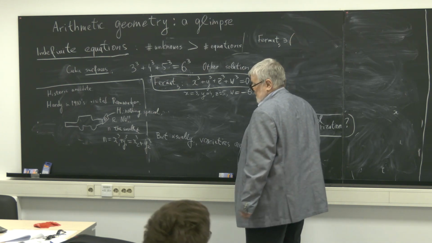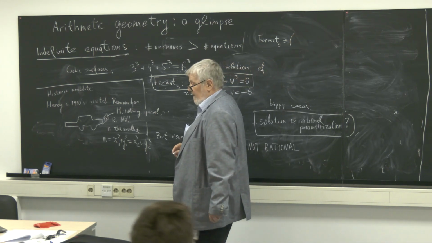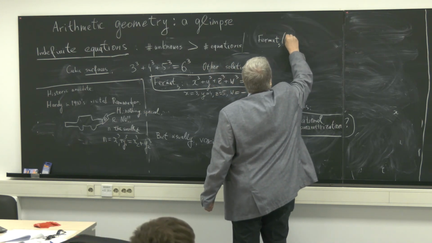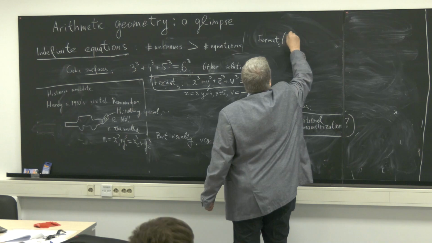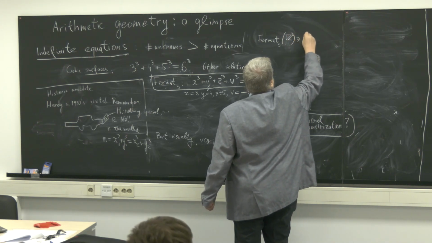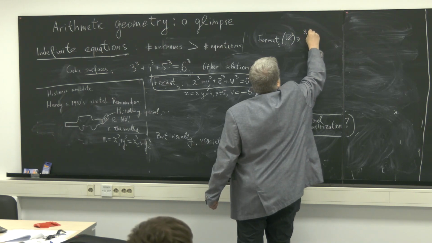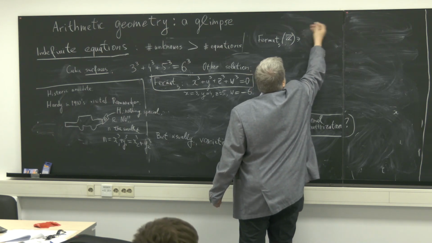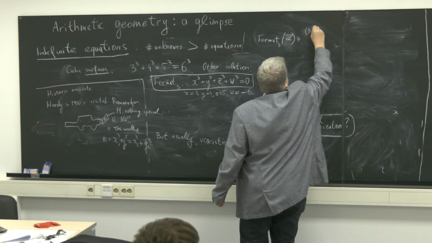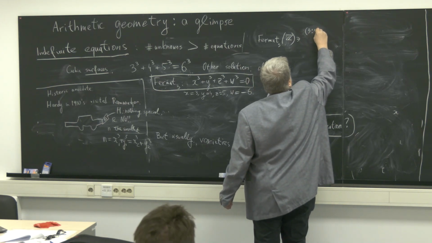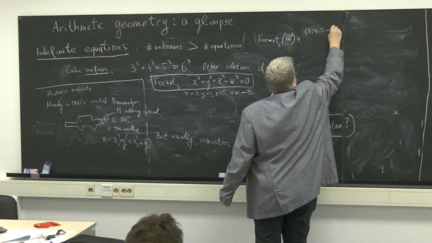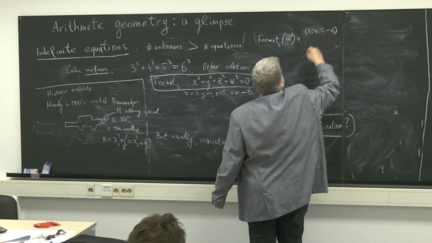I'm going to write the homogeneous coordinates of this. I emphasize that it contains 3, 4, 5, minus 6,